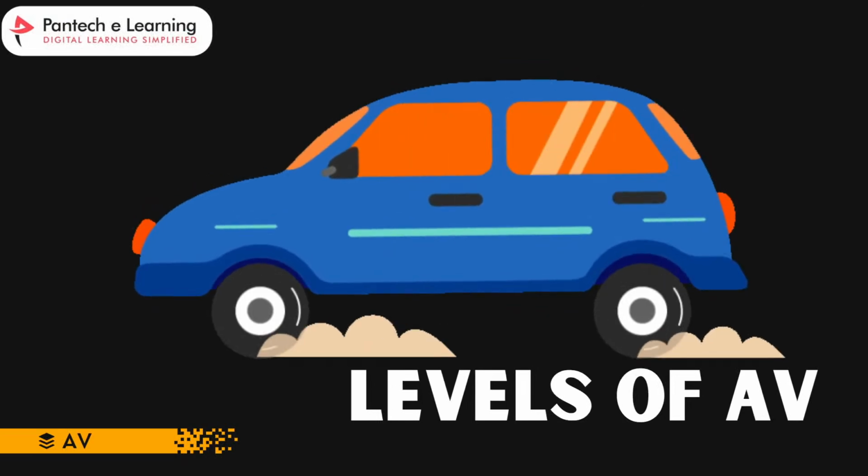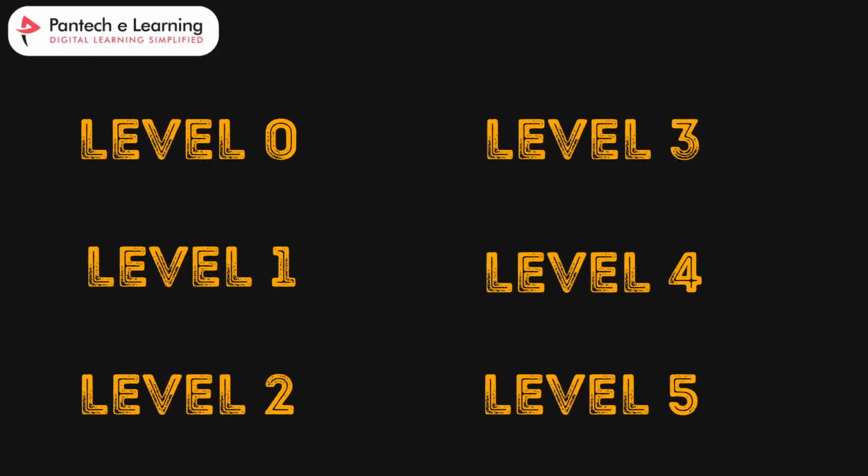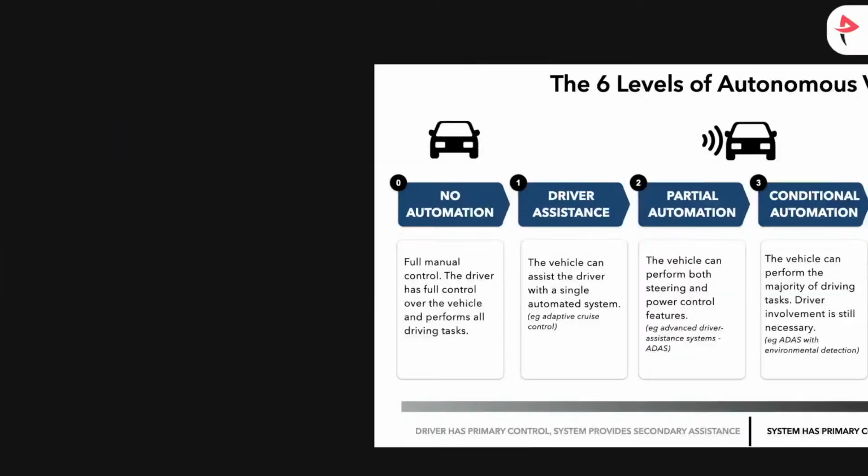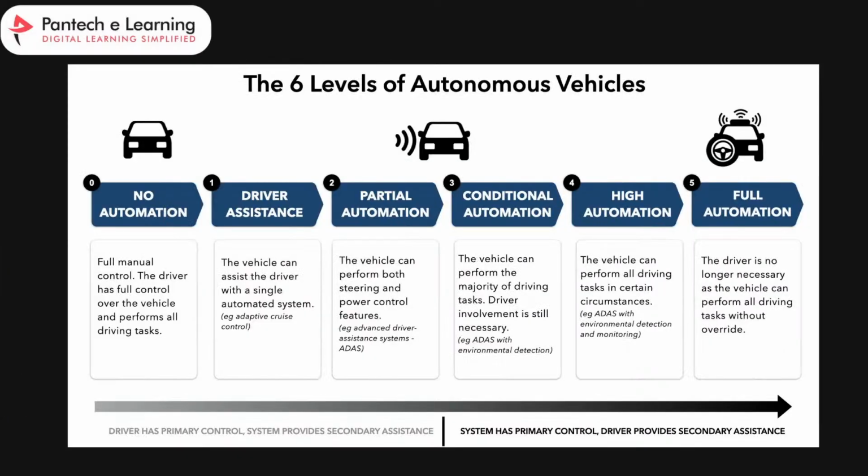So let's talk about the levels of autonomous vehicles. There are 6 levels, level 0 to level 5. I will explain them one by one. So level 0, sorry, level 0 is where the vehicle is fully operated by the driver, with some warnings like